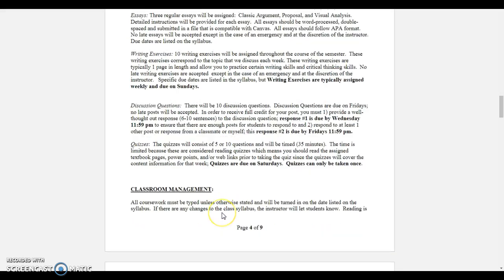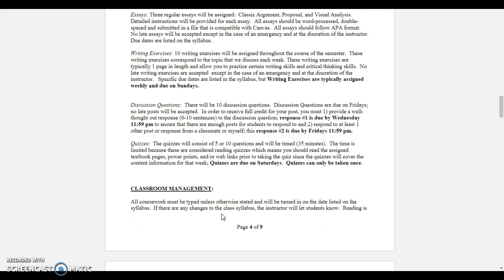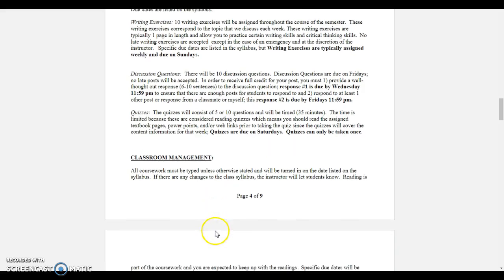The quizzes are typically over modules or a specific link or a specific page. I'll let you know what they are over, and before you take the quiz, it'll say this quiz is over the syllabus, or this quiz is over the writing modules, please read this before, so that way you will know.